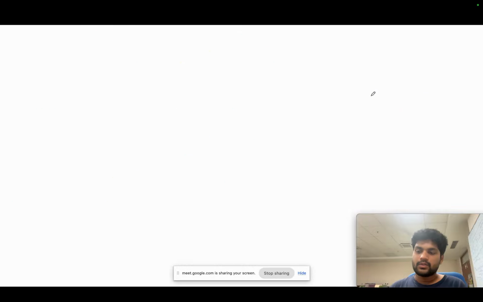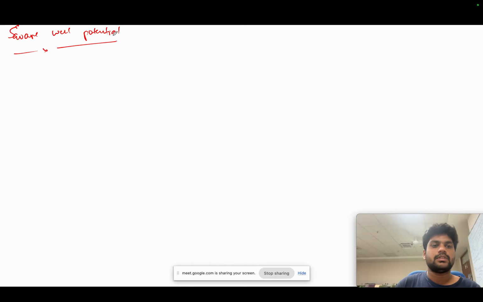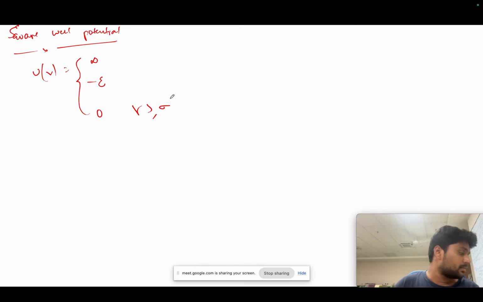Yes. So once we are done with the hard sphere potential, the next one is the square well potential. What this potential does is it takes three values for the u of r: infinity, minus epsilon, and 0. This is for r less than sigma 1, this is for sigma 1 less than r less than sigma 2, and the last for r greater than sigma 2. So now what it has taken was,